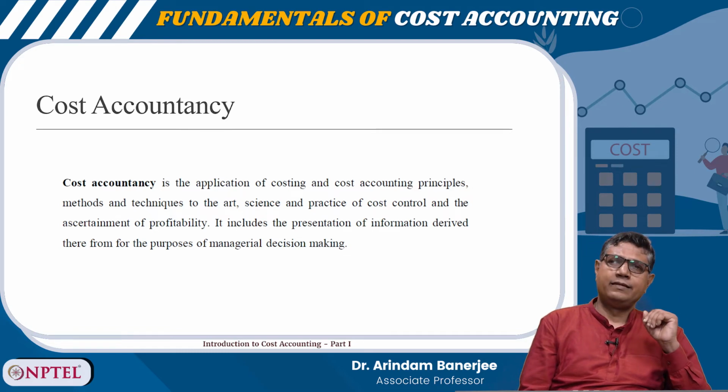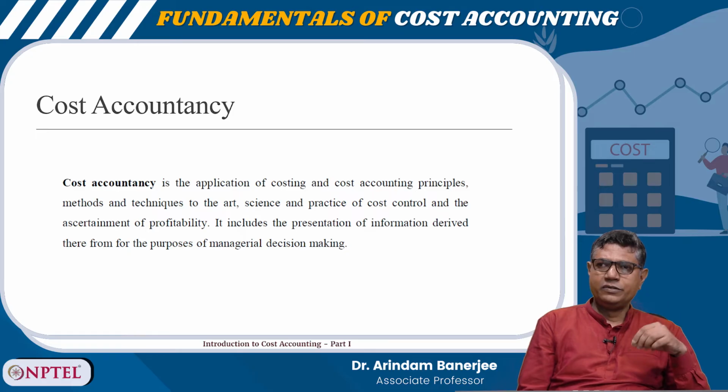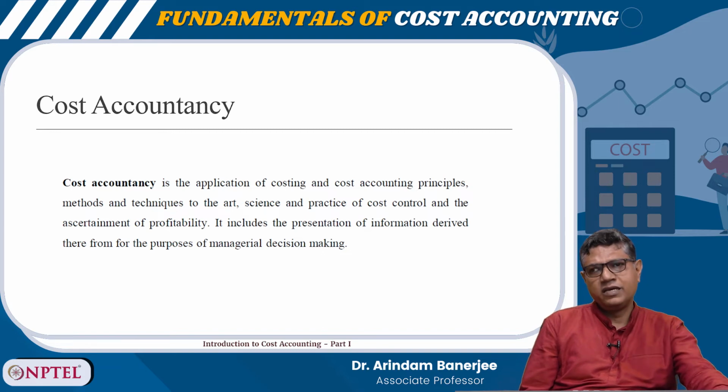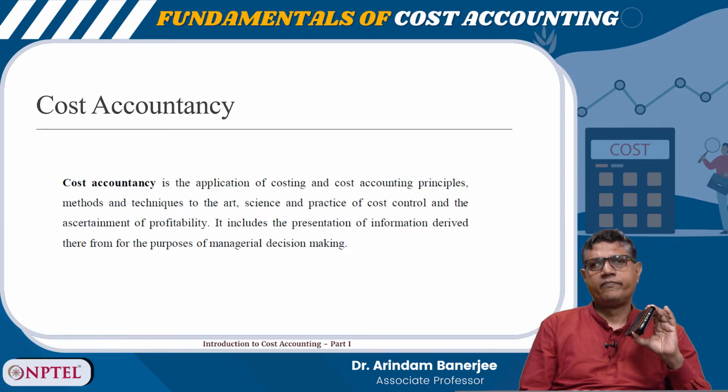As I said, in most of the cases, costs are directly attributable. In many of the cases, it may not be directly attributable. So, there we need to use judgment, we need to use subjective judgment. So, when we are using subjective judgment to ascertain the cost, it becomes an art. I am giving you one example, say this mobile. I can ascertain how much material is used for manufacturing this mobile. I can directly attribute it here,